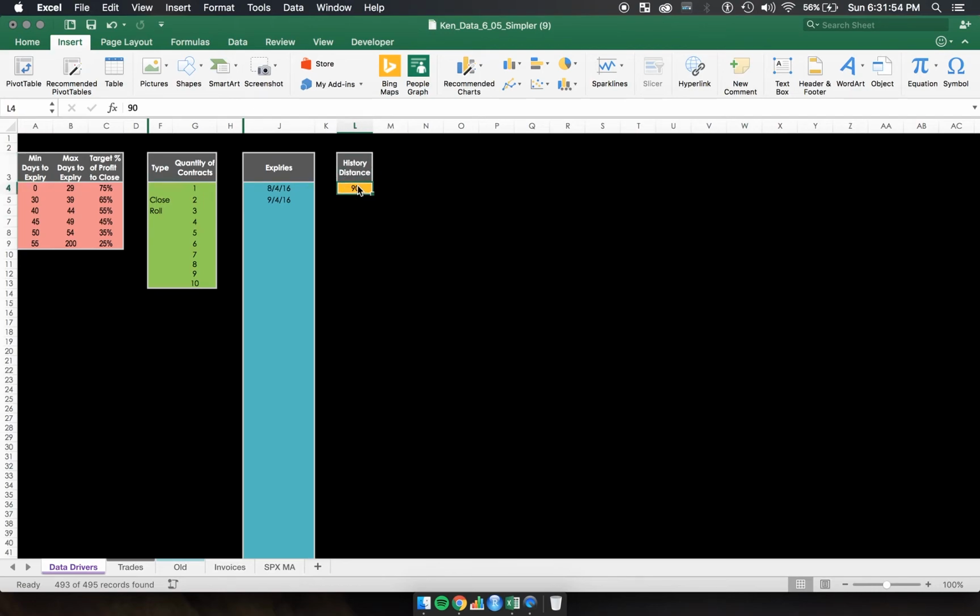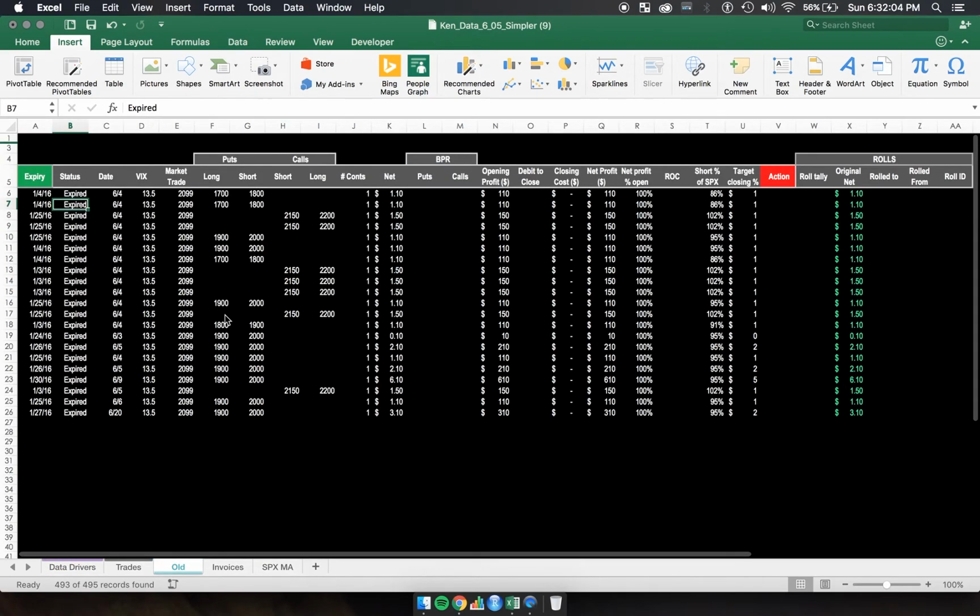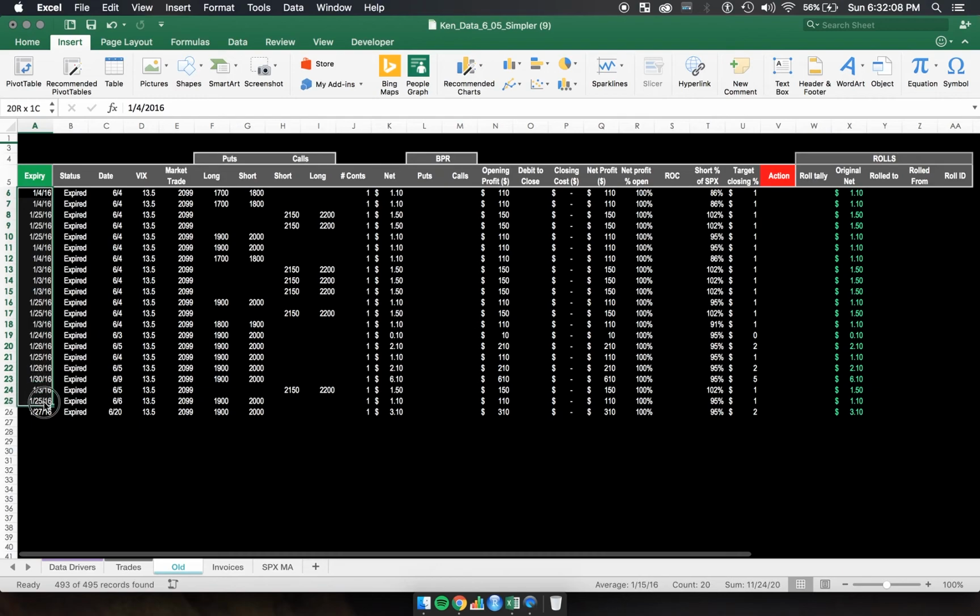So anything that has expired, and has expired at least 90 days ago, will be filtered out into our old expiry. I ran some simulations, and everything in here is January, which is about 120 days from today. So everything in here is expired, and we don't need to see it anymore, but I've just sent it